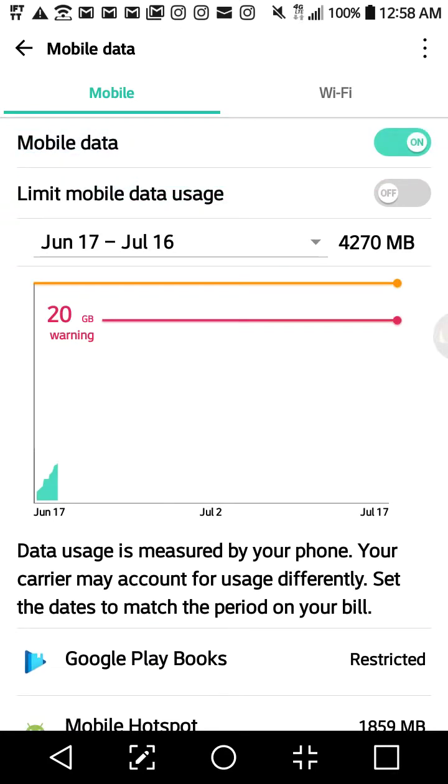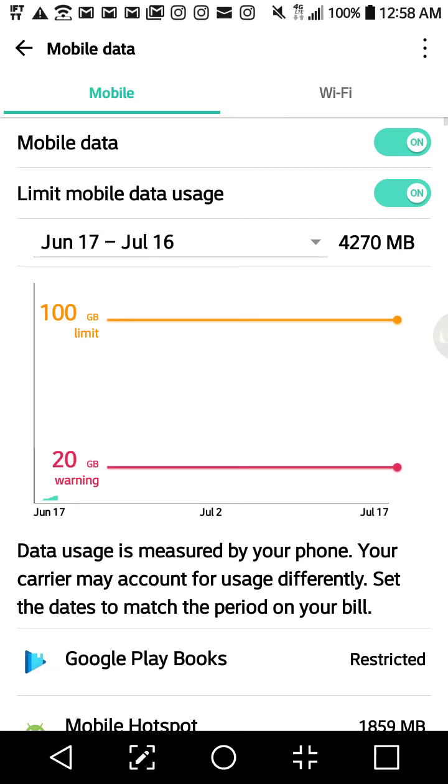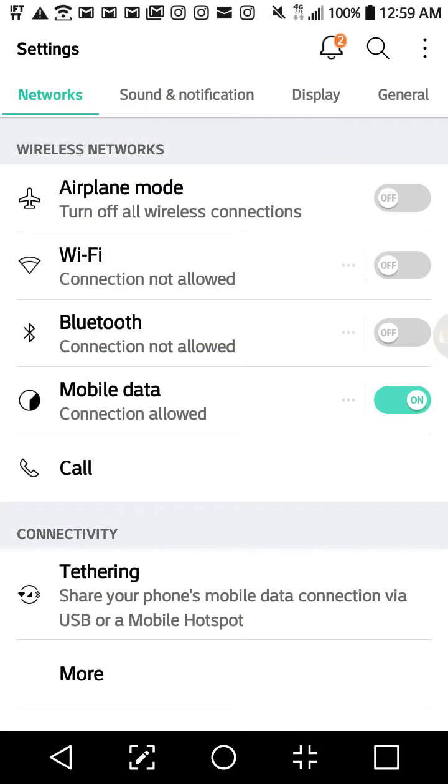For me, I need mine. That's how I make money. But yes, you can always click on this. Usually phones have it. You can limit data usage. That's always a very good thing to have. And